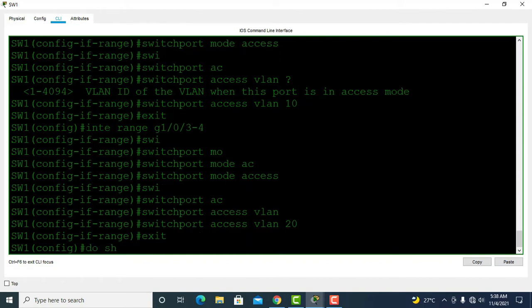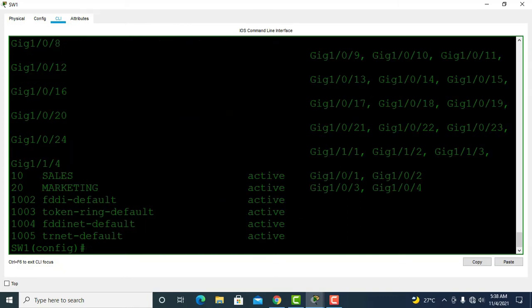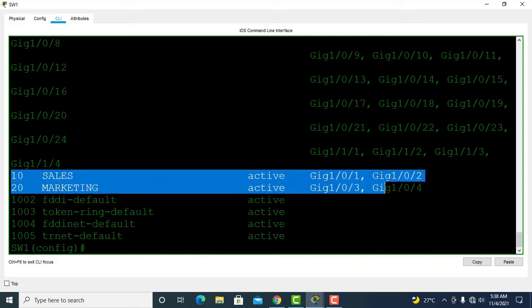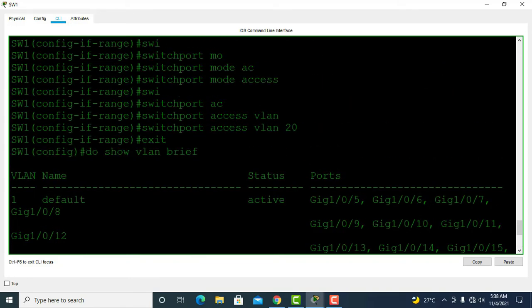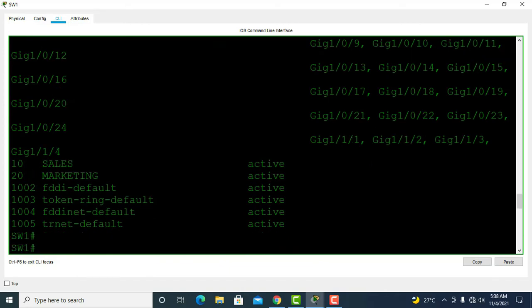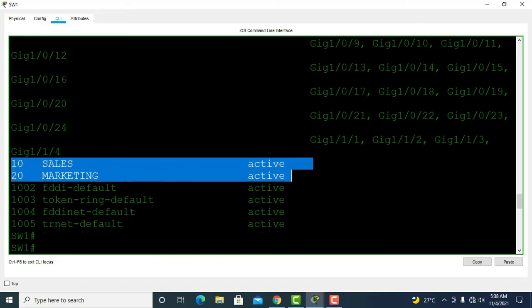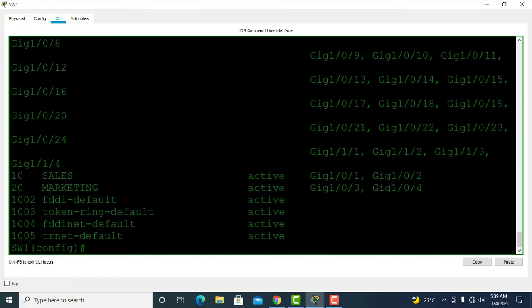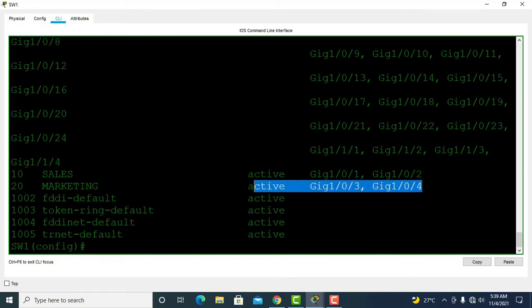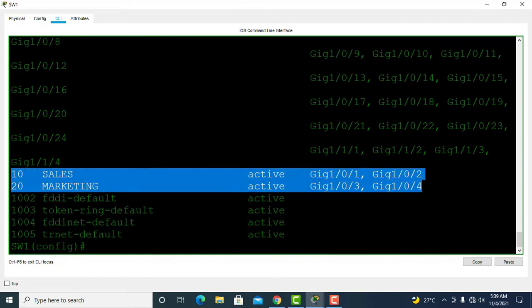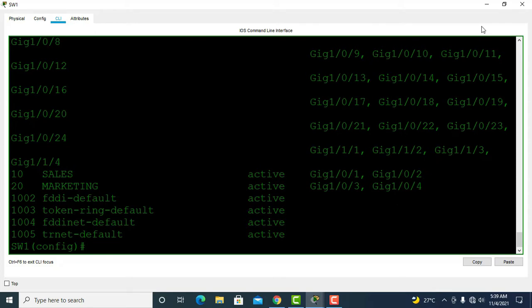So do show vlan brief. All right. So as you can see, I have assigned ports. In the previous command, you can see there was no port assigned. Now I have them in their various VLANs. So the next thing is to